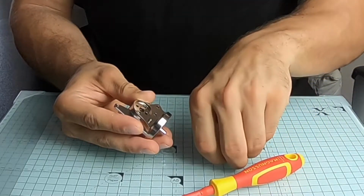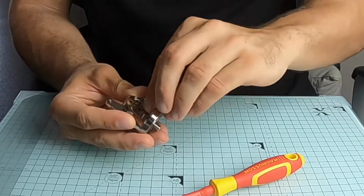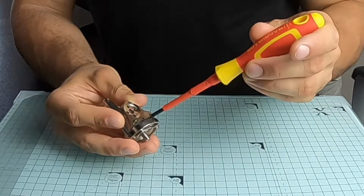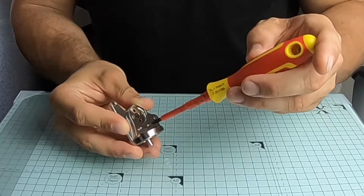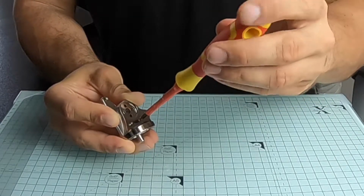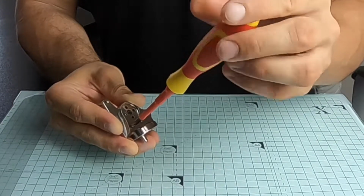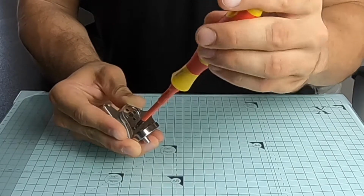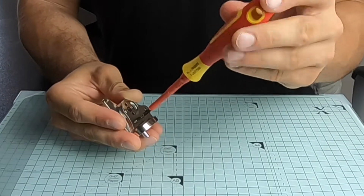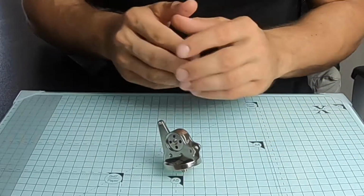Okay, let's grab the other screw. And remember, these are the 2x6mm screws, PB. Okay, that's the other one. I'll just screw that in as well. Try not to tighten it too tight, just enough so you can feel some resistance. And there you go. So that is that stage complete, and we can now move on to the final section